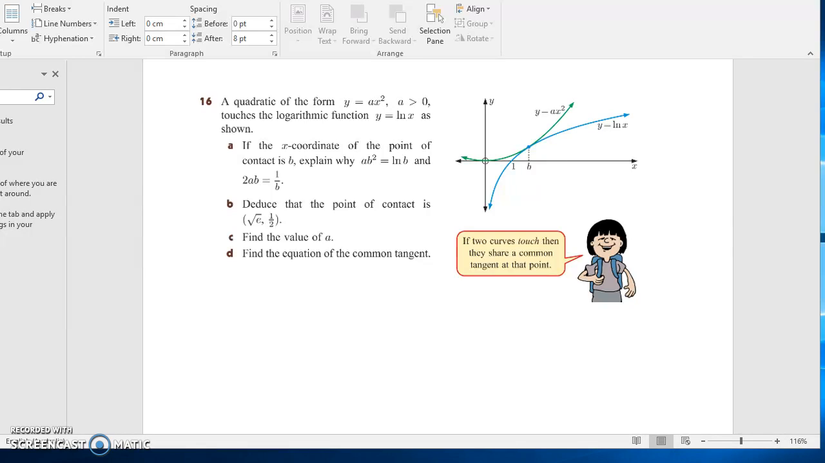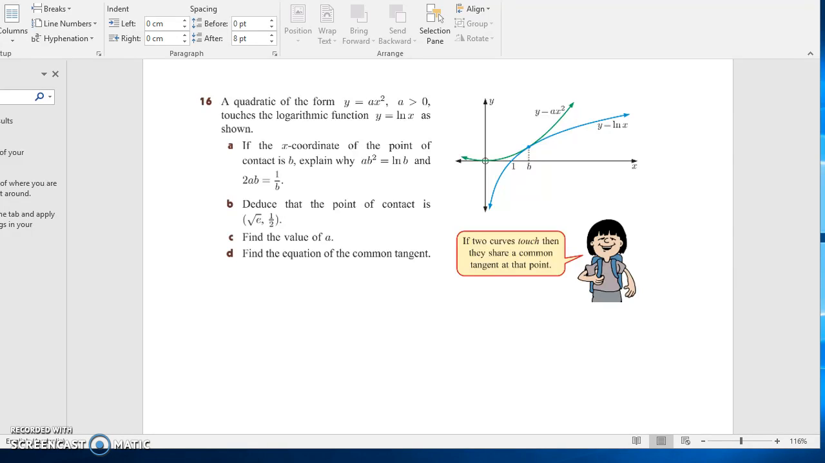This is exercise 3A, page 64. Have a look at the functions. We've got a quadratic function, y equals ax squared, the green function, and a is greater than 0. We have a log function, y equals ln x, the blue function, and it does pass through (1, 0) as we expect. If the x-coordinate of the point of contact is b,